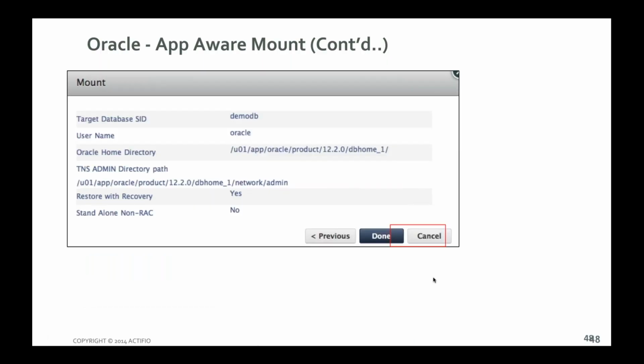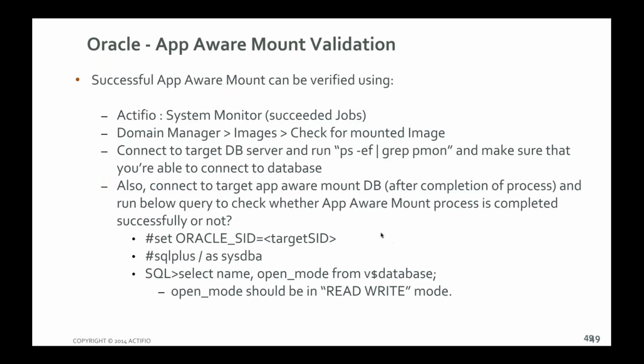And make sure that whatever your settings and measure, we are going to display once again, just to cross check. If you have any problem, just go to previous and do the changes, or just submit the done button, and your app aware mount is going to complete. The moment app aware is completed, you can check whether this app aware mount is completed successfully or not using